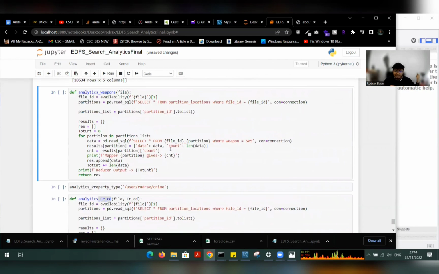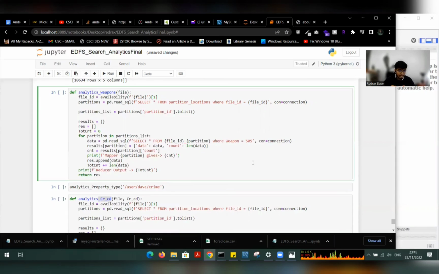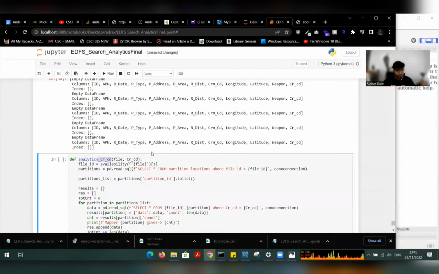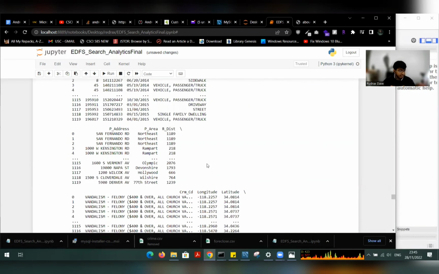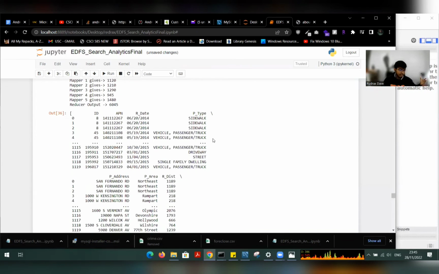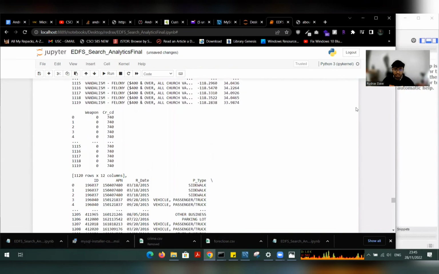Let's do the crime data set. What the crime data set shows us is how much crime there is in particular locations and particular areas. We are just checking if the weapon code is 505, which is not in the data set. We are checking that as a negative possibility, which will give us 0 outputs. And we are checking if the crime code is 740, which is the crime code given by police here. They are just listing it in the data set. That's how we get this partition, these are the outputs where the crime code is 740. And yeah, that's all. You can see the 740 is here.